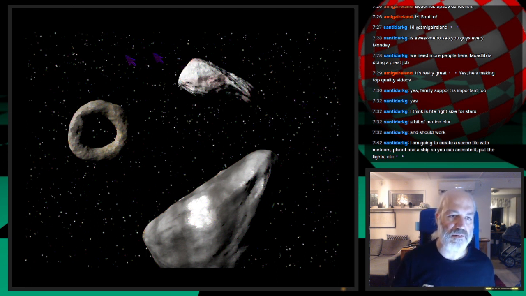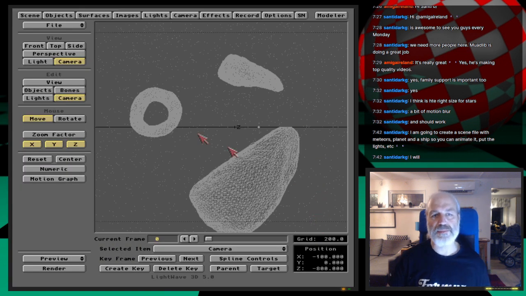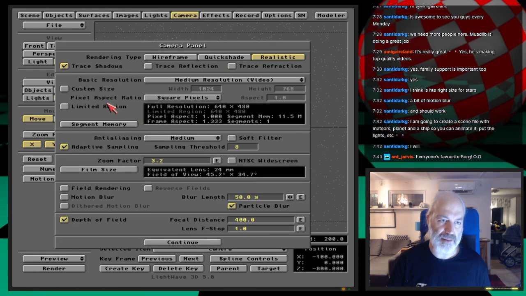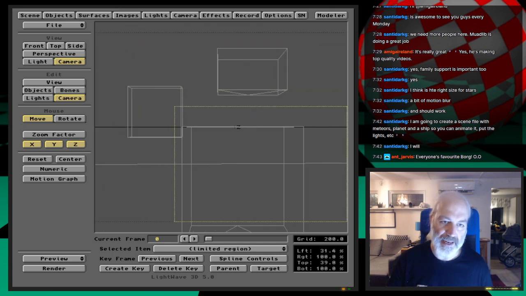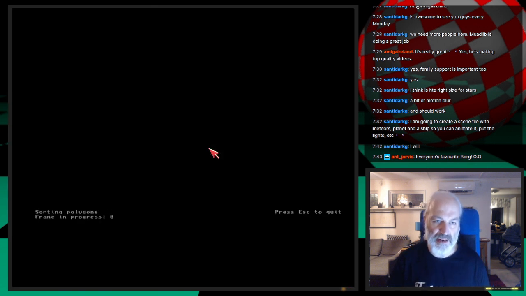So you see here now it's not that much of a blur. So what can we do to speed up this process of finding how much f-stop I'm going to put? We can start using the limited region now. By holding L, we can minimize the rendering area, let's say here. So I'm having a bit of the rock, and I'm also rendering the stars. So if I press 9 here,